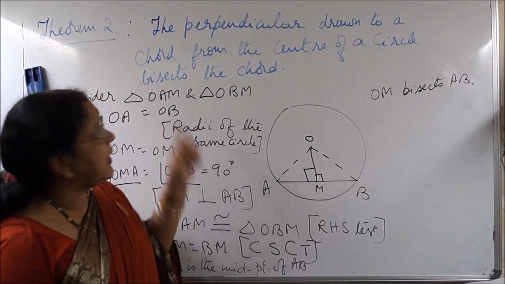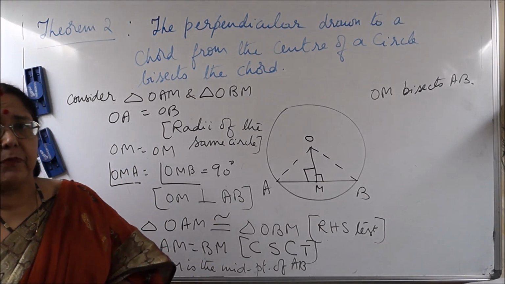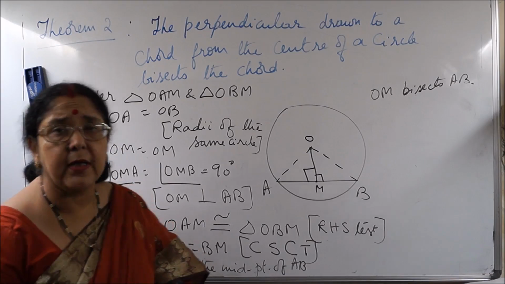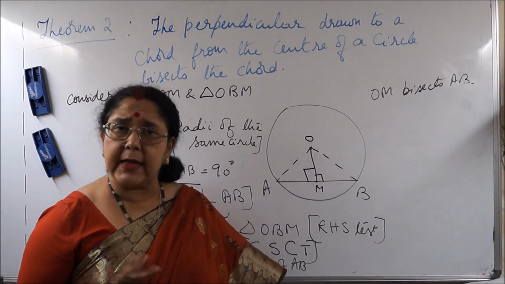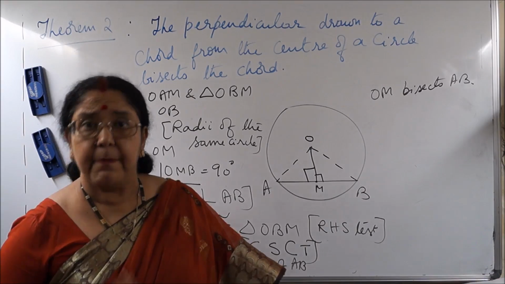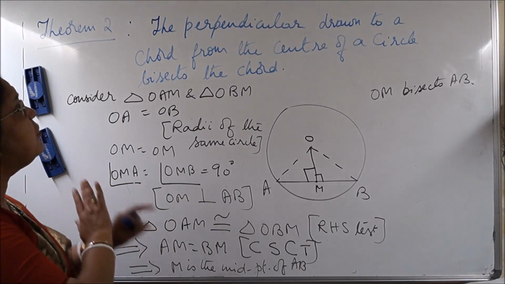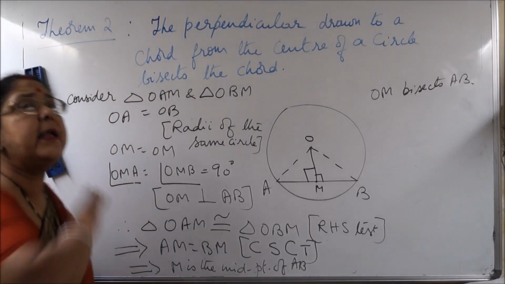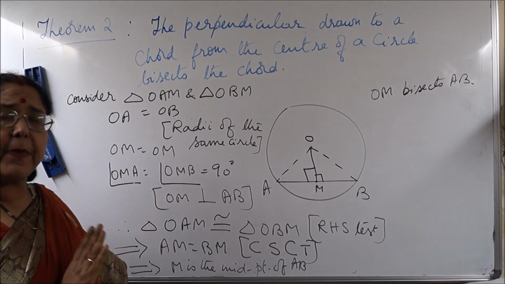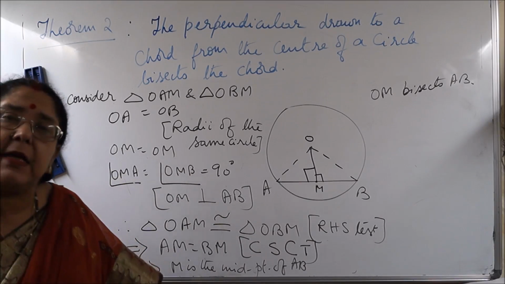That is, again, so let me revise once again both the theorems. The statements are very, very important. The proof, whether it is asked or not asked, not very often asked, but the proof is for you to understand. Okay, so now you clearly know so that you can apply. Now this is true in any circle. These chord properties are true for any chord, for any circle of any measurement.